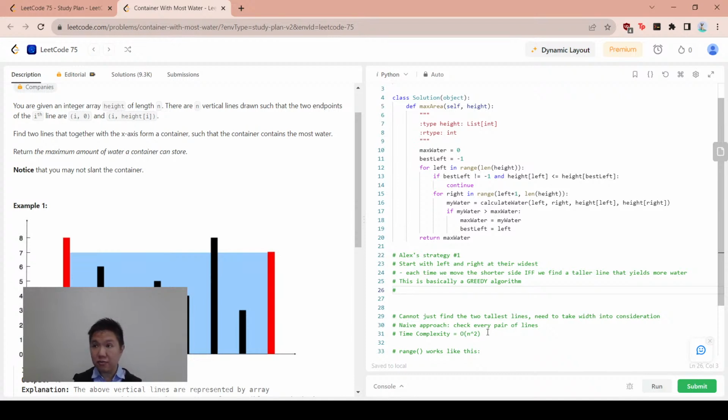It doesn't sort of temporarily explore a less efficient path in the hopes that you'll end up somewhere more efficient. A greedy algorithm. And so to prove that our greedy algorithm is correct, we need to show that